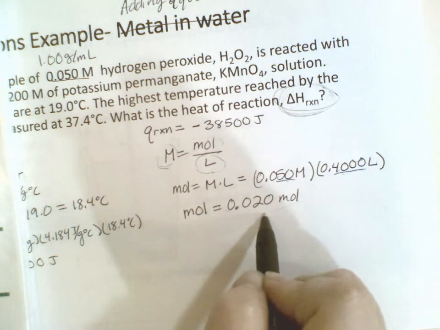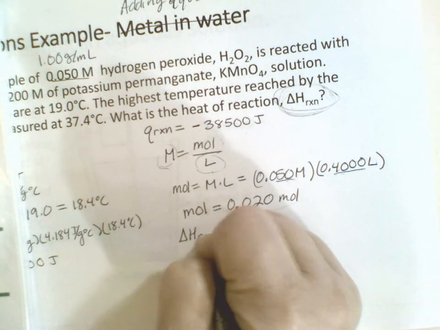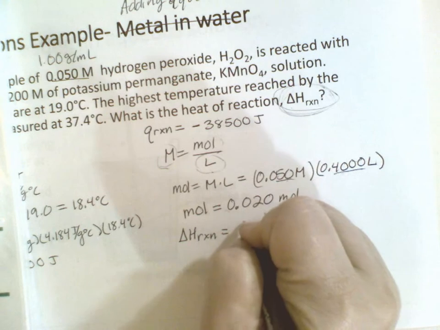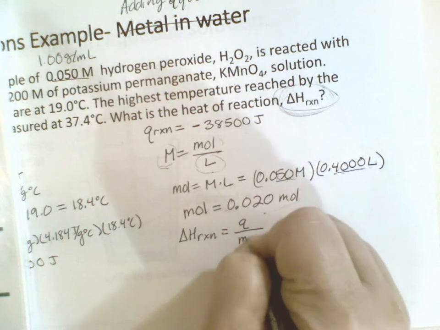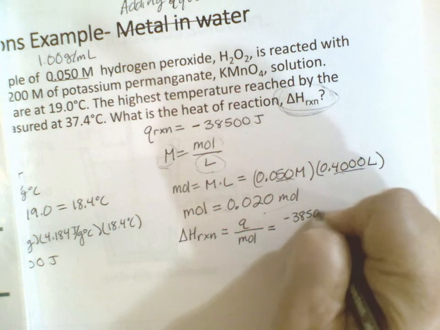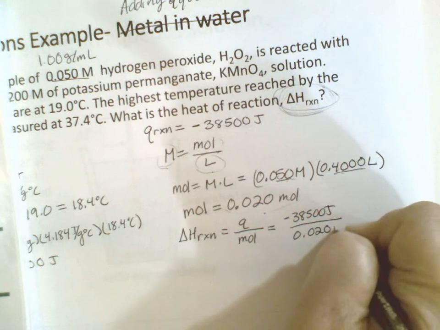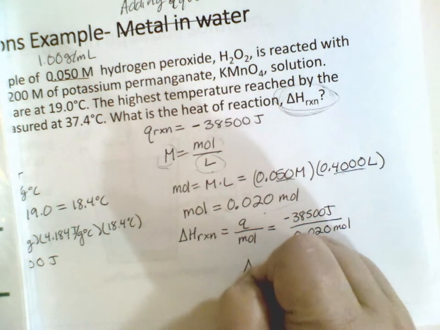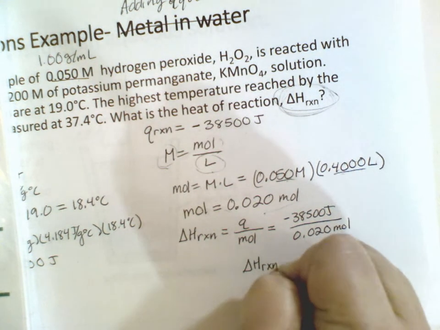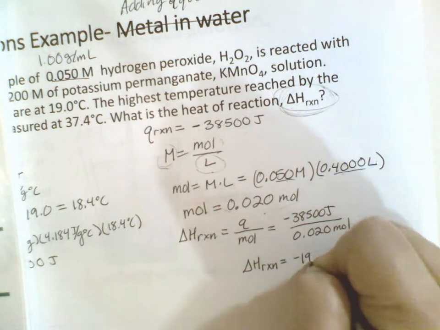So now that we have our energy gained or lost by the reaction because it's negative, we know how many moles of our chemical reacted. Now we can find the change in enthalpy of the reaction. And all that is your Q divided by your moles. So negative 38500 joules over 0.020 moles. And our delta H of our reaction is negative